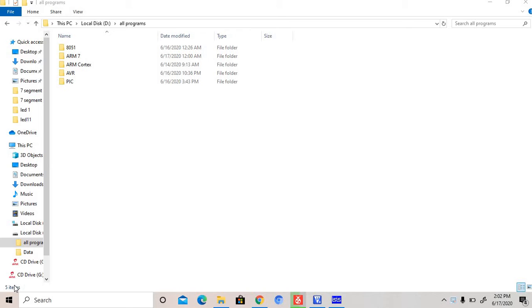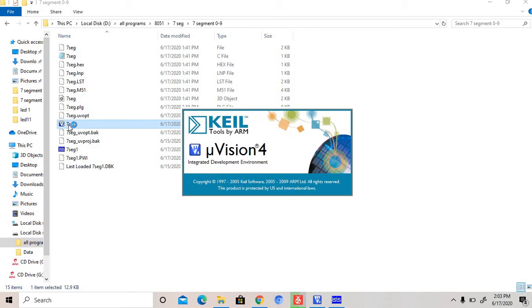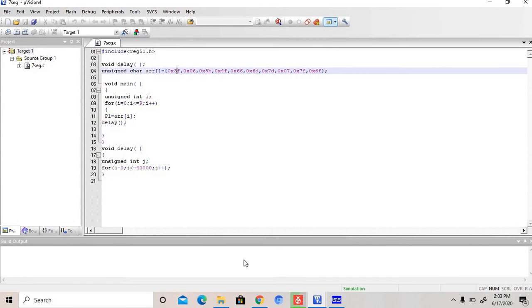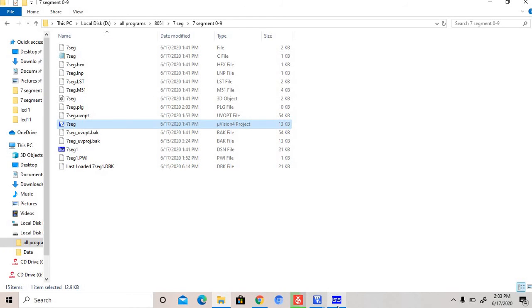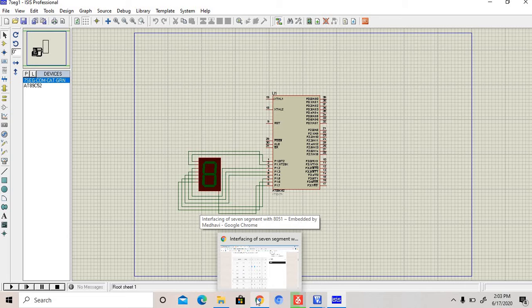I have already written the code and for explaining I am going through the code step by step. Now open Keil software and follow my commands. We are using on 7 segment 0 to 9. Open Keil compiler. This is our Keil compiler and open Proteus also. This is our Proteus, same Proteus is there. And before explaining the code, go to my blog.